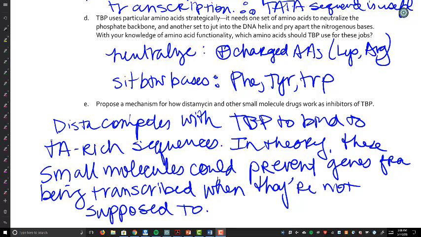So if you see someone that has cancer symptoms, you have certain proteins being synthesized out of control. If you could synthesize a molecule that would bind to the gene promoter instead of the TATA box binding protein, in theory, you could shut down the production of some of those cancer-associated